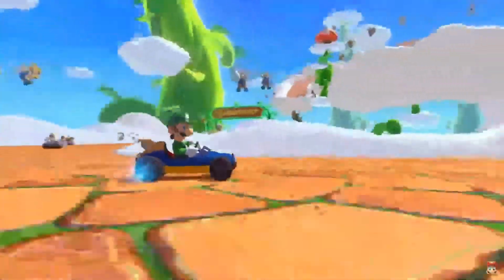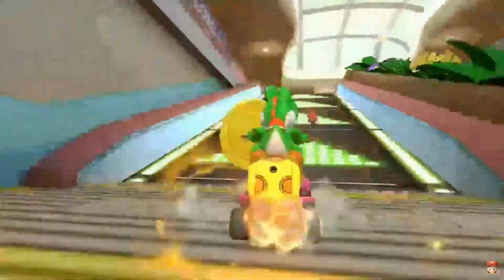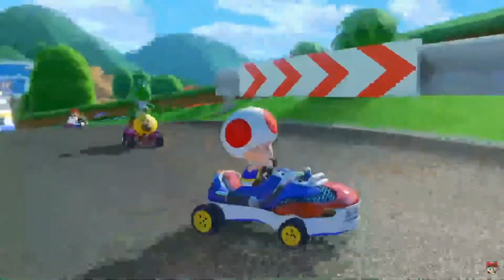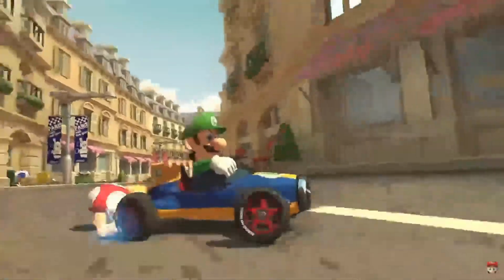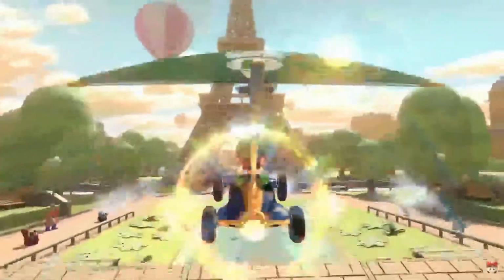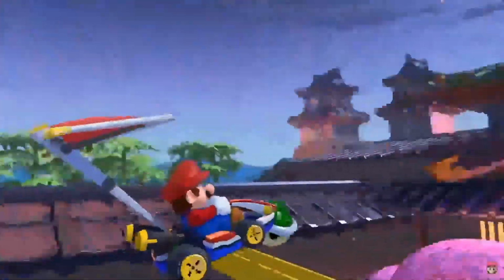Oh, these look incredible! Coconut Ball. Mushroom Ridge. Not sure. This one was from Mario Kart Tour. Paid DLC courses will be coming to Mario Kart 8 Deluxe. I was expecting a whole new game, but...